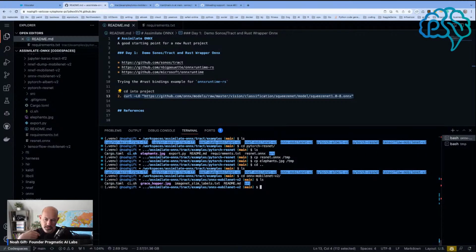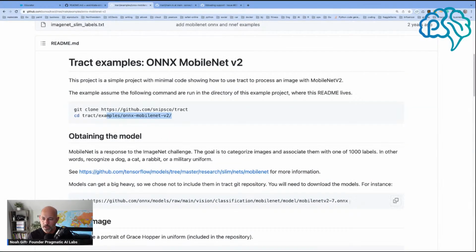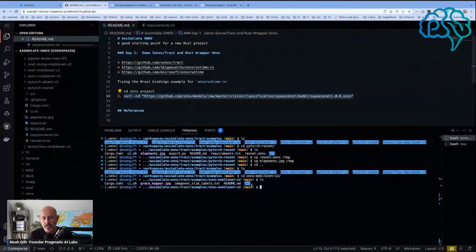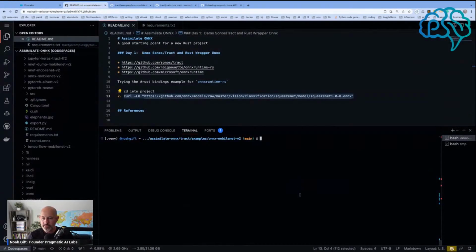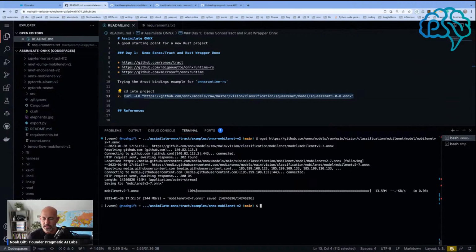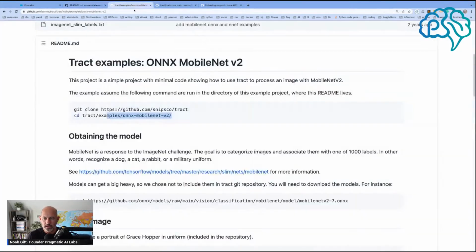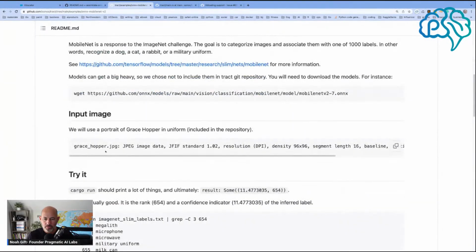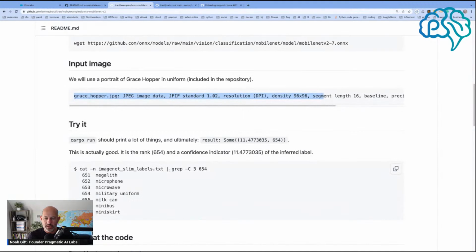Now the question is, will this one work? And so we will copy that. Models can, so we're not going to put it in there. And this is all kind of annoying, that when you're working with these pre-trained models, you have to keep downloading them and all that stuff, which is annoying. And now we have this Grace Hopper image, and then we just say cargo run, which should print a lot of things, but eventually,